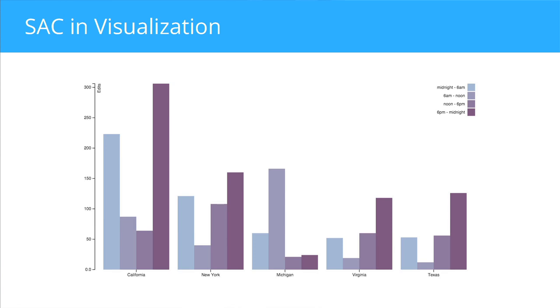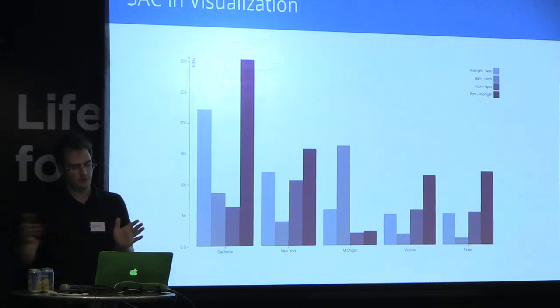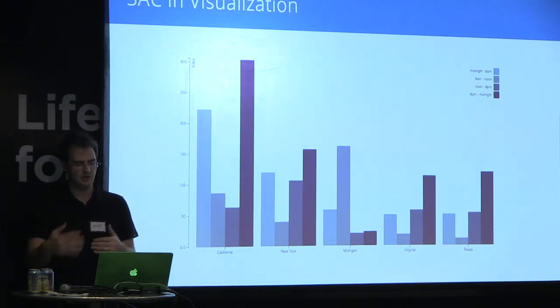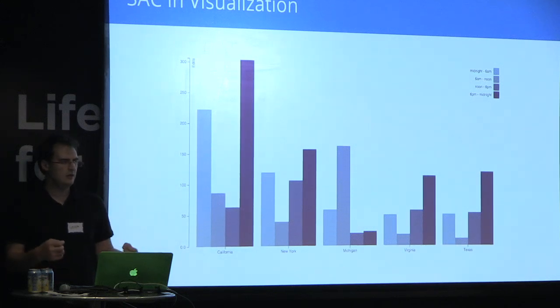And I created the visualization like this. Now, if you just look at it visually, you see that there is actually a level of nesting here. The first level of nesting is reflected by the states. You have 5 panels, 5 groups of things, and those 5 groups were determined through a split. And then within each one, you have four bars, 4 things that were determined through another split. If this was a fancier visualization, I might use a layout here. A layout really is just a manifestation of a split, internally.